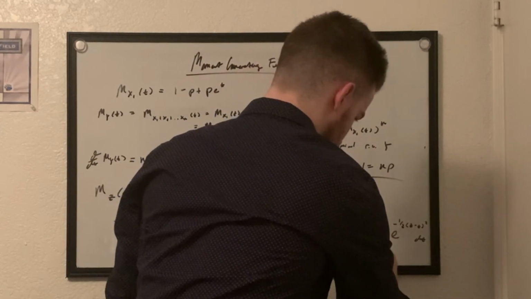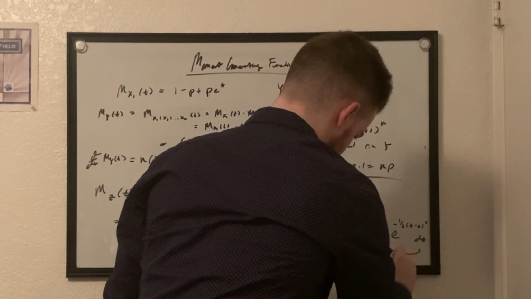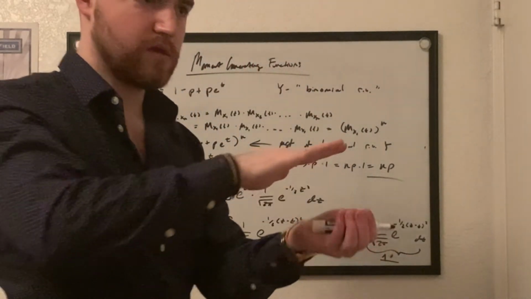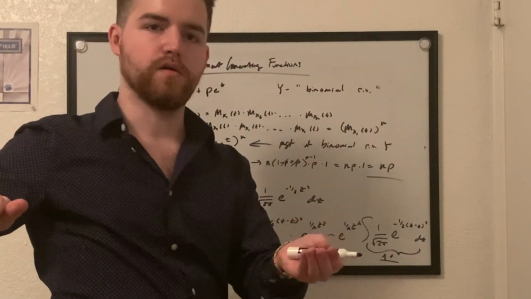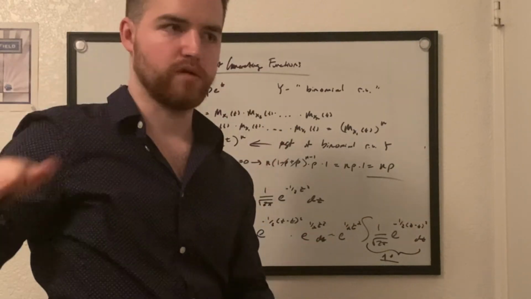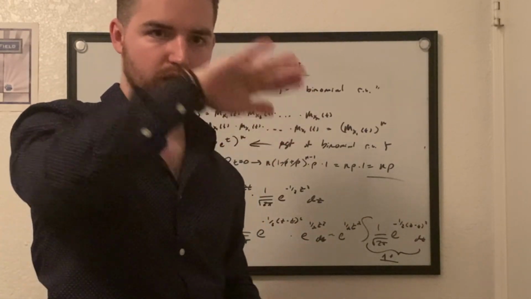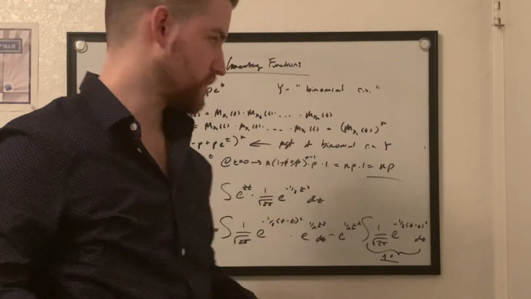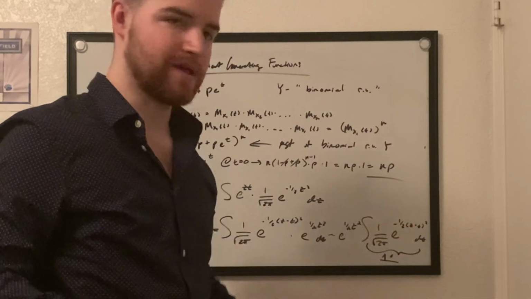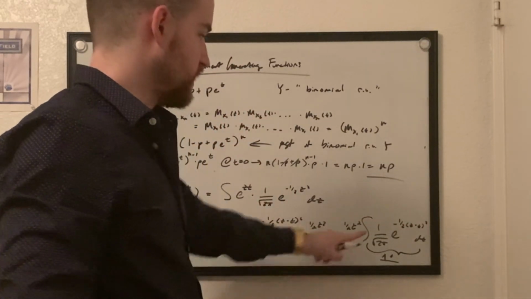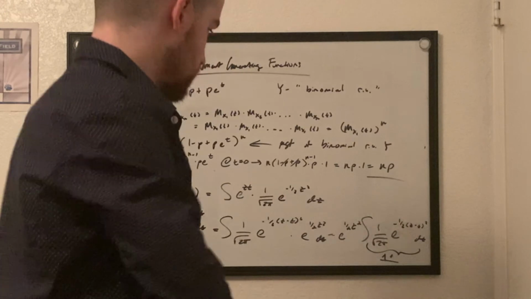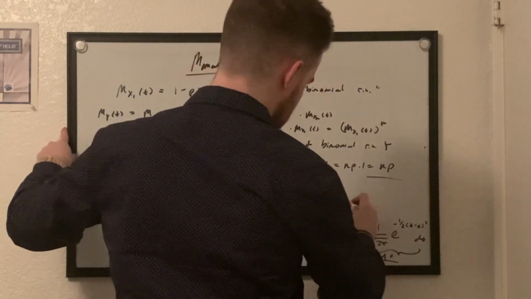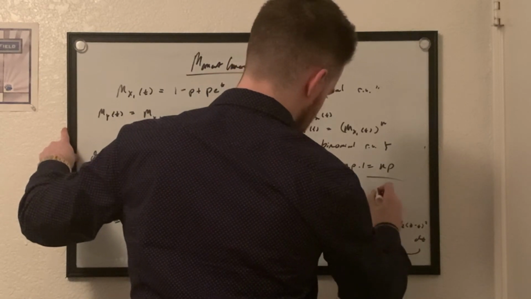This is all still equal to 1, because this is just simply the standard normal random variable bell curve, the Gaussian bell curve, which we know all the area underneath it sums to 1. This only has it shifted over, and so we already know that this is going to be 1. So we have e to the 1/2 t squared times 1, and we simply get e to the 1/2